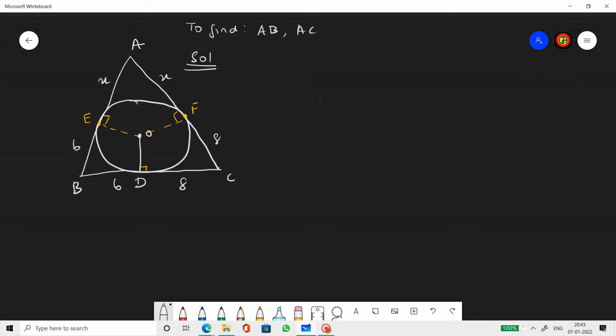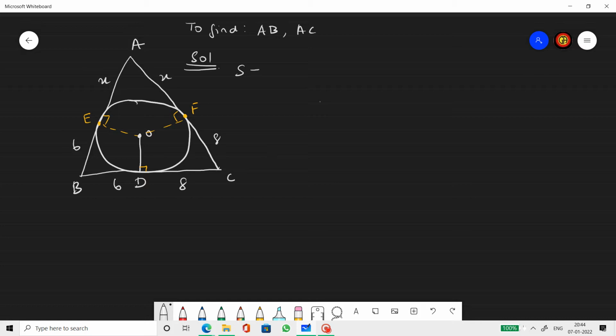Now, first of all, they haven't told us what the area is. So neither the area is given nor any information to find the area. They've only given the sides in these units and they want us to find the length of AB and AC. Now, here first I'm going to use Heron's formula to find the area in terms of X.